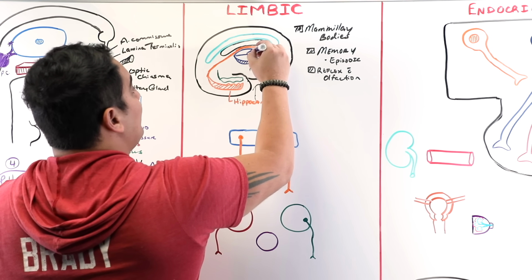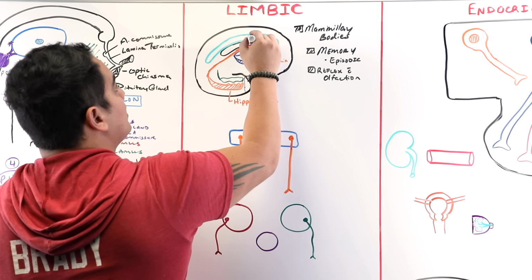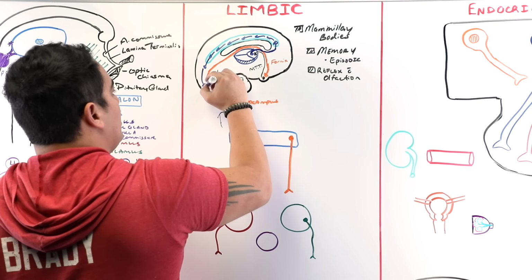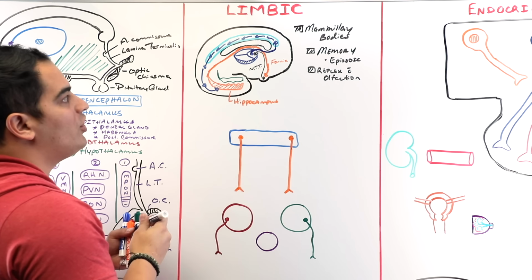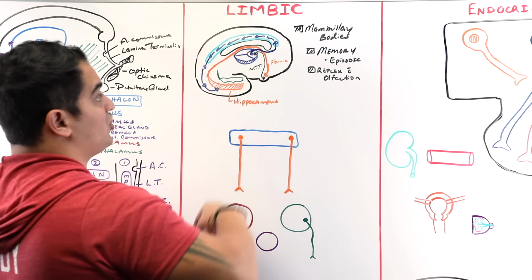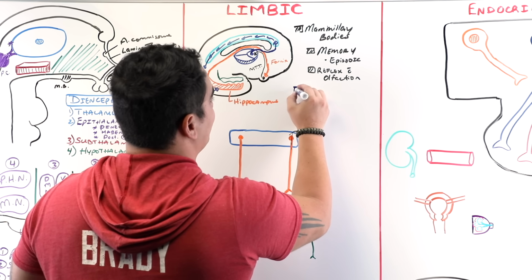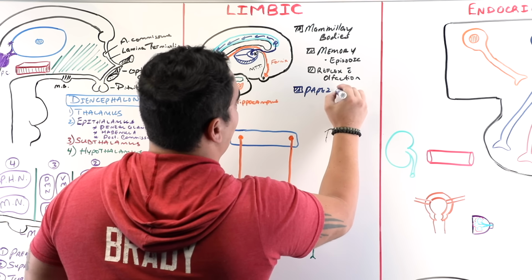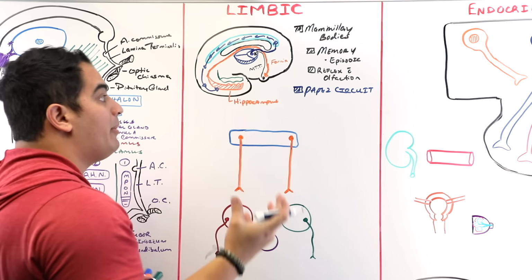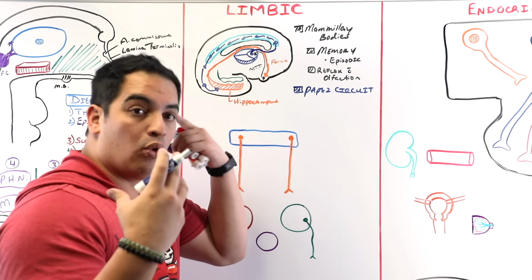Then, from the anterior thalamic nucleus, it works its way up to the cingulate gyrus. And then from the cingulate gyrus, it works its way down eventually back to the hippocampus. What did we say, that we started with the hippocampus and ended with the hippocampus? What was the name of this circuit that we talked about with the thalamus? Do you guys remember? It's called Papez's circuit. And if you guys remember, Papez's circuit is involved with memory. Damage of Papez's circuit can result in conditions like Alzheimer's, and it can also result in conditions such as Wernicke's